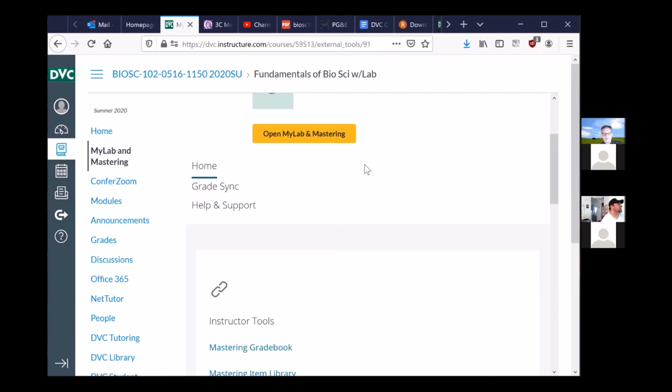One is access to the homework, Mastering Biology. That's the 47.80. The $74 one is they give you that same access, but they also give you access to the textbook and the OpenStax. And number two, if you look at the chat, someone